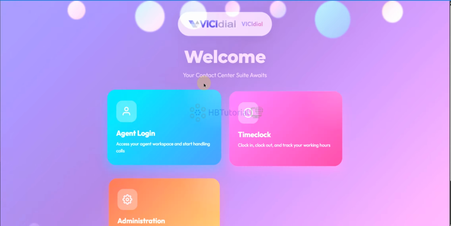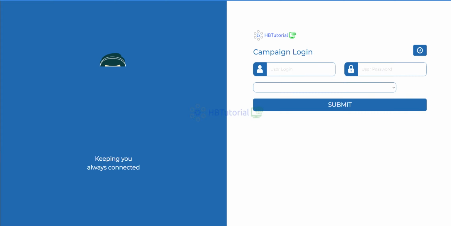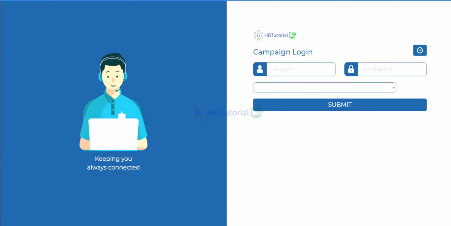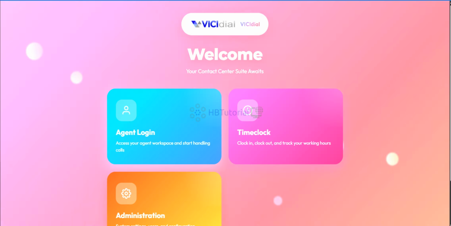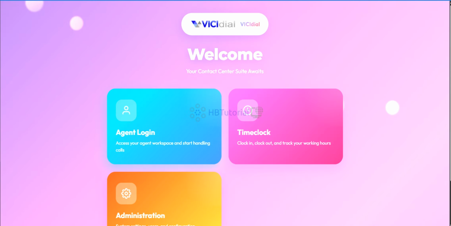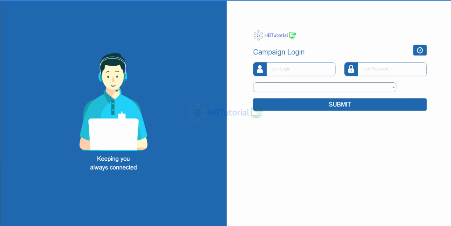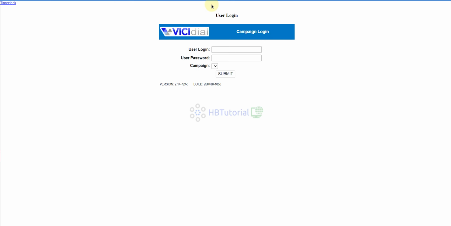Okay, so first we need to log in to our agent screen. From here we need to have two agents. So we will use the regular site. This one should be the regular agent.